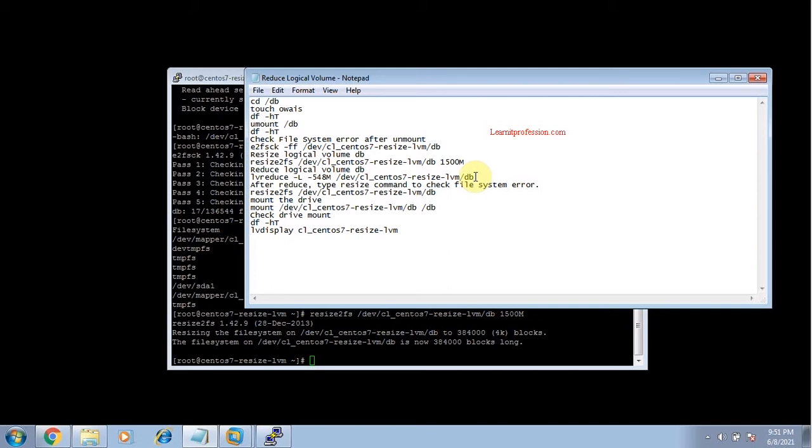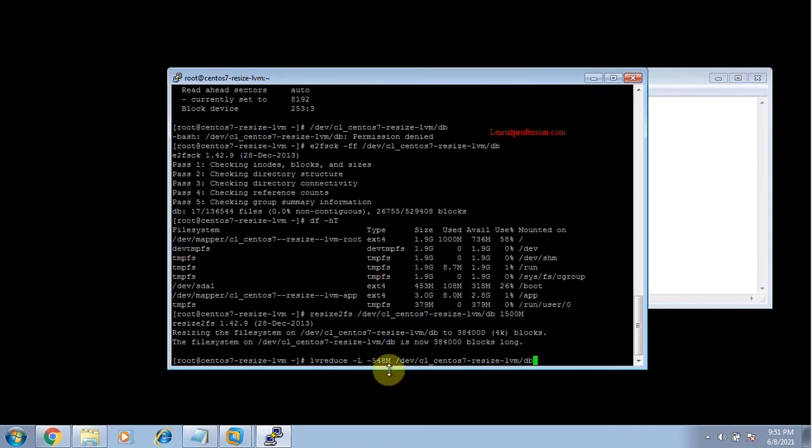After resizing the logical volume db, type the reduce command. The reduce command is lvreduce -L -548M.